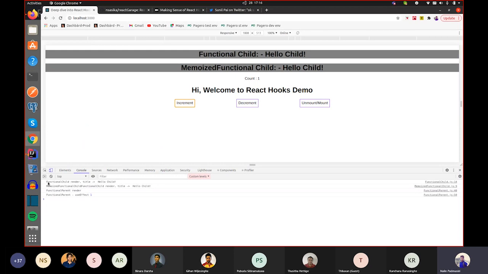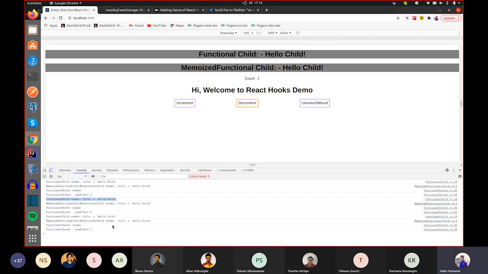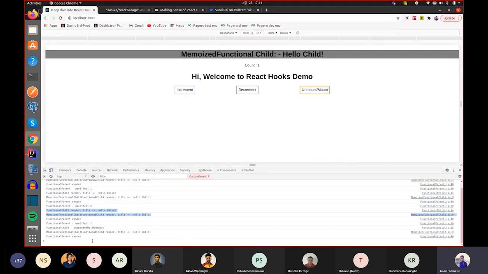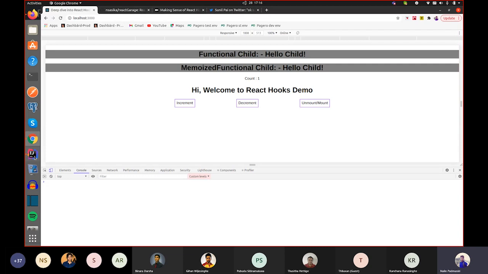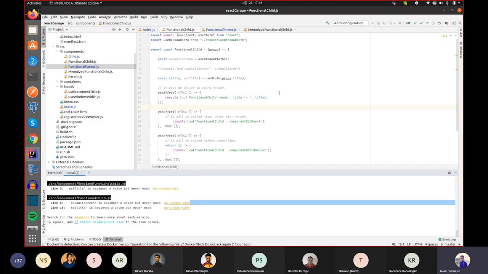Can you see now both the components have been called for anything I change. If I unmount also, the same thing happens.